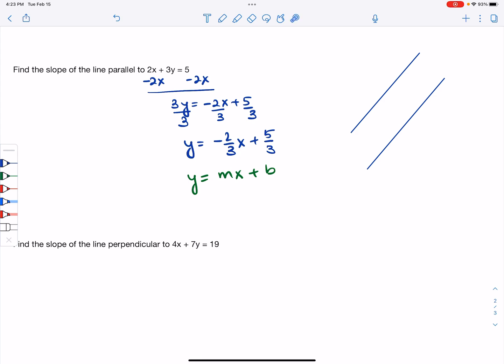What do you think? Let's call this line A and that line B. Do you think line A and B would have different slopes or the same slope? If you're thinking same, you're correct. Parallel lines